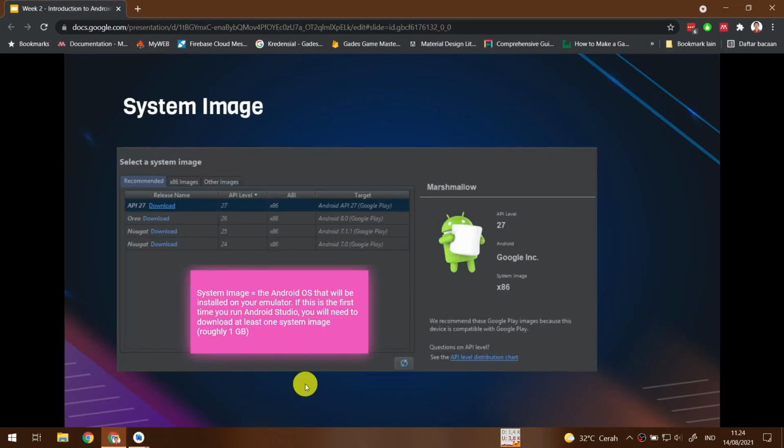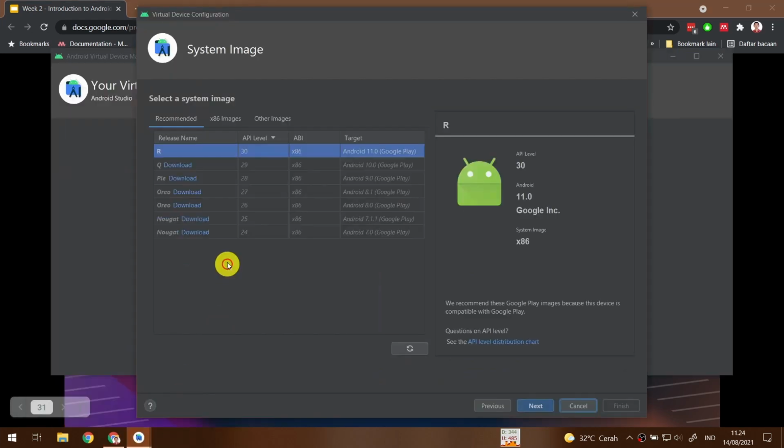At the next window, you must select a system image. A system image is the Android OS that will be installed on your emulator, or your AVD. If this is the first time you run Android Studio, then you will need to download at least one system image. Here I have done so, so I have R already downloaded to my system.